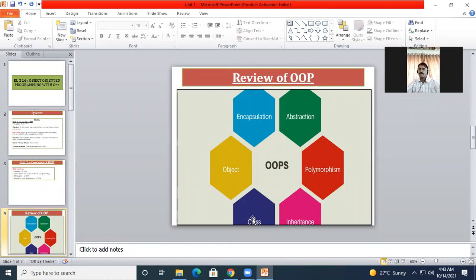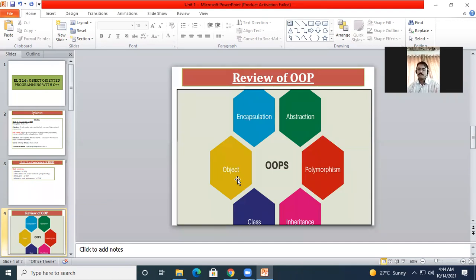Yes, sir. Right. For the implementation, we are having what? The main method in the C program. Without the main method, we cannot execute the program, right? So similarly here, we are having the class, and every class has the objects, and these are the features like encapsulation, abstraction, polymorphism, and inheritance. But what is the basic necessity to implement a program in object-oriented programming is we should have one class, and every class has at least one object to access the methods.